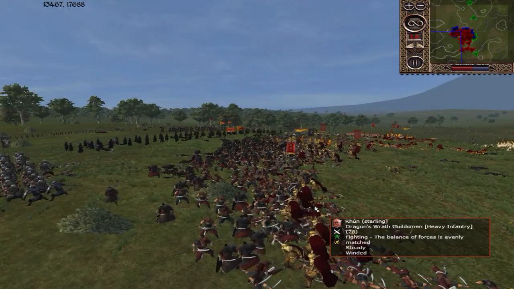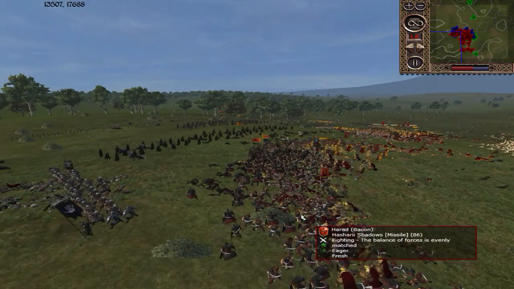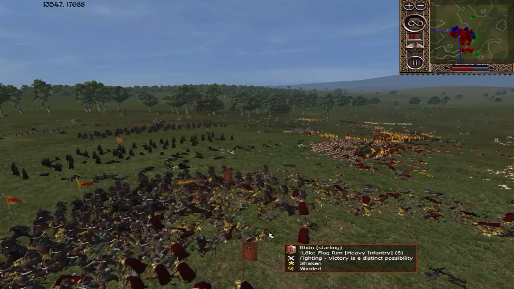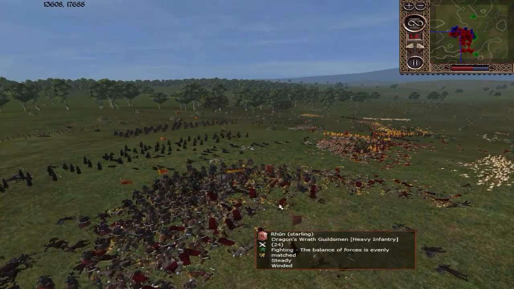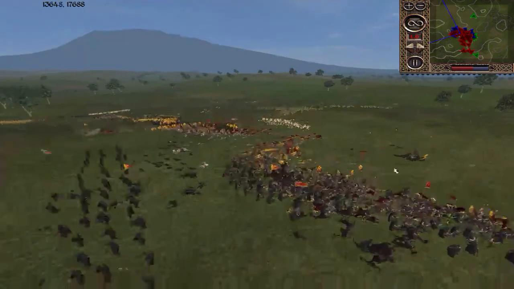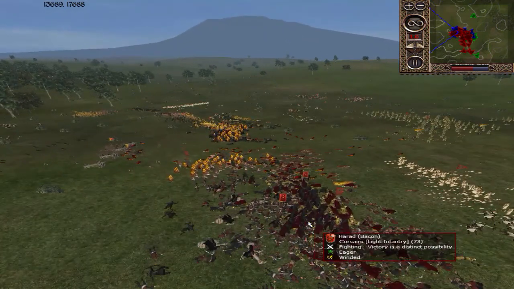They're going to go up against the Dragon Wrath Guildsmen, which would be quite a good matchup, especially with the support of the Corsairs as just a little bit of fodder. But I think the Dragon Wrath are probably a slightly stronger unit. I think they'll probably hold on there and do relatively well unless they for some reason lose too many from a skirmish. The tribesmen here are supporting their frontline troops